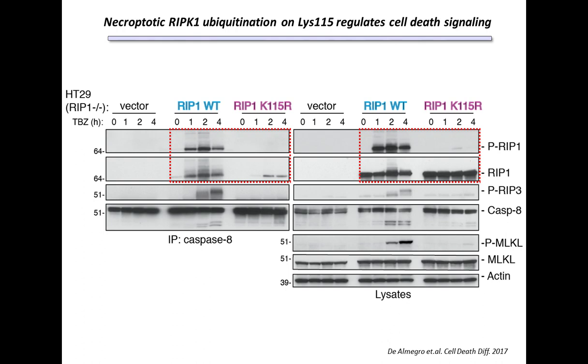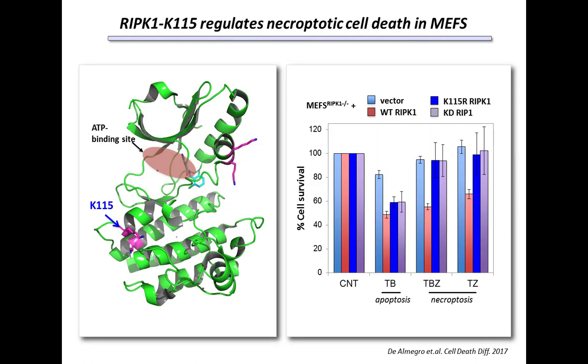First of those is on the right-hand side. You can see that K115R RIP kinase 1 is not phosphorylated, as is the comparable wild-type protein shown to its left. And moreover, we fail to see the high molecular weight bands or smearing that's reminiscent of the ubiquitin signal that we're detecting with the KGG profiling. Now, these two events not only exist within whole cell lysate, but also are found in samples that are immunoprecipitated with caspase-8, demonstrating their participation in a larger complex that's controlling the cell death regulatory machinery.